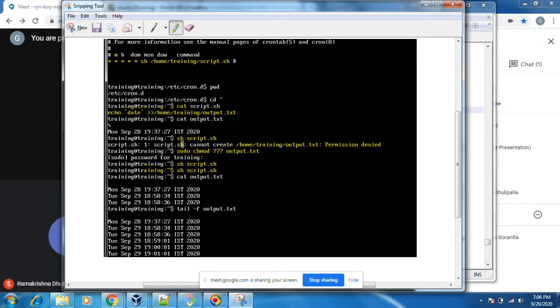Here I have to give some permissions to that file so that crontab can run. First of all, we need to run the script manually. I ran the script manually and came to know that output.txt had permission denied, due to that the script was not executing.